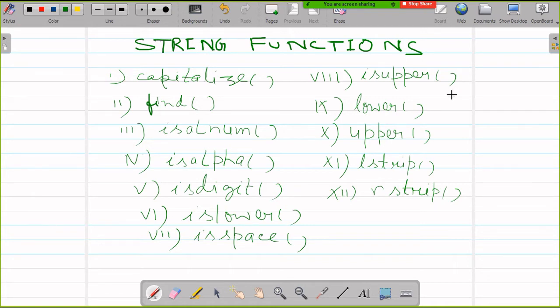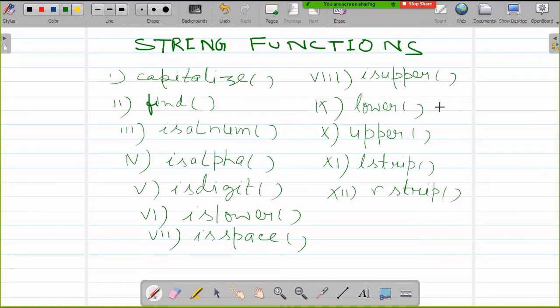Now what are the functions you will learn in the string functions? The functions are capitalize, find, is alphanumeric, is alpha, is digit, is lower, is space, is upper, lower, and then upper, then L strip and R strip.